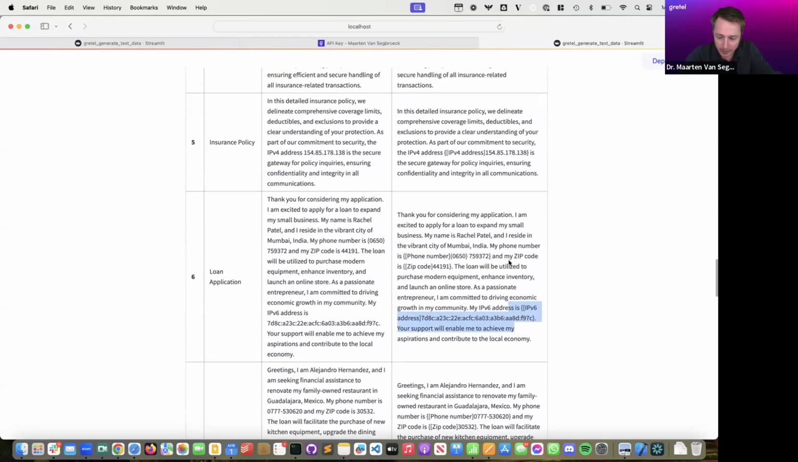So now we have actually generated this synthetic data set with not only text that contains PII information, but also we have labeled and tagged the PII information in the text, and that can now be used to fine-tune a small or a large language model to teach the model how to identify and anonymize sensitive fields such as names and phone numbers and zip codes